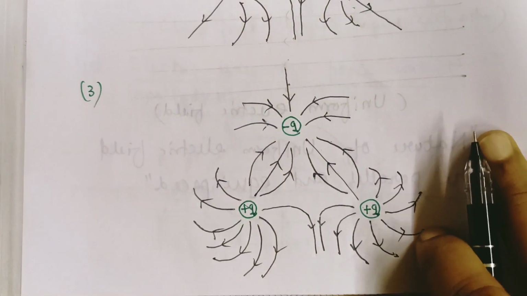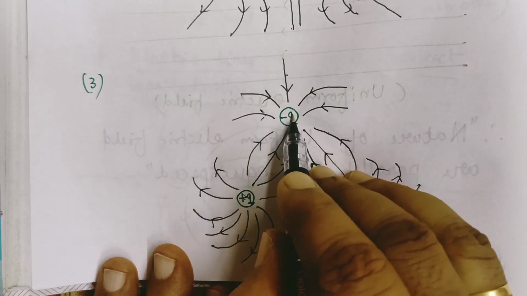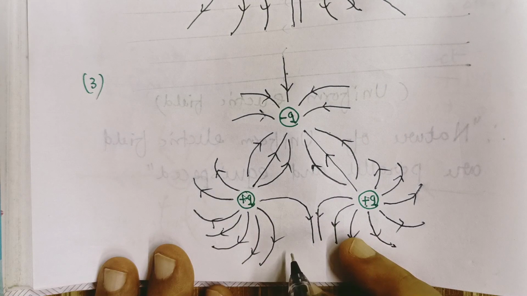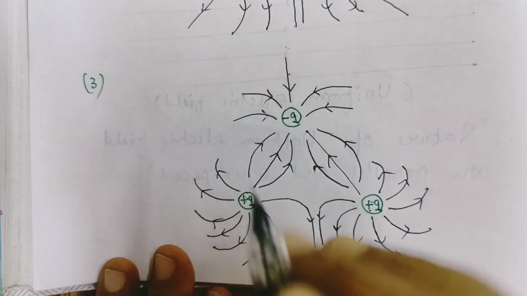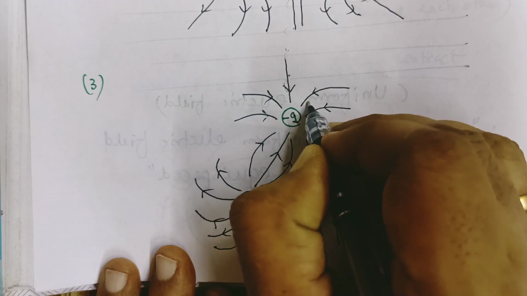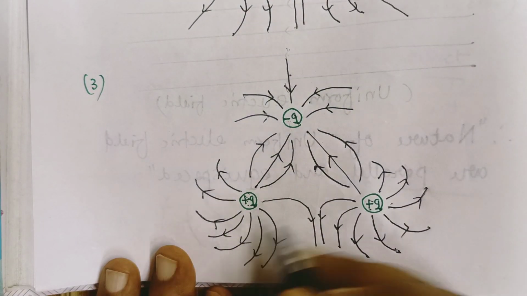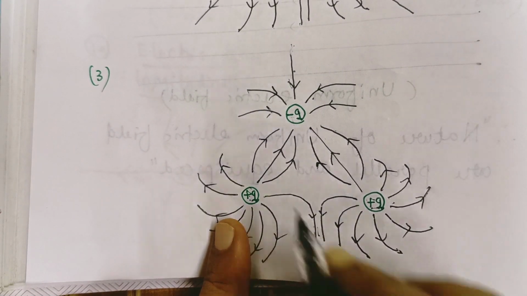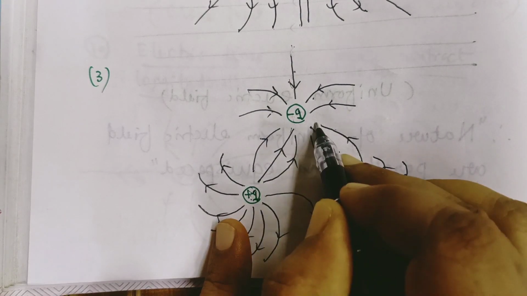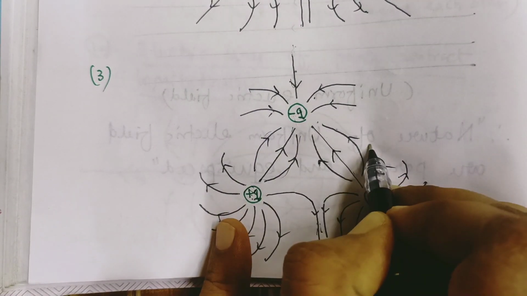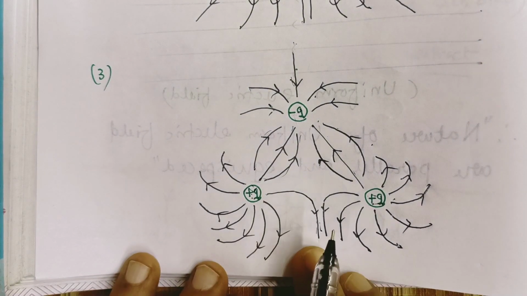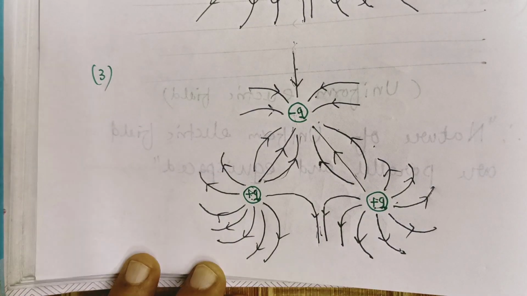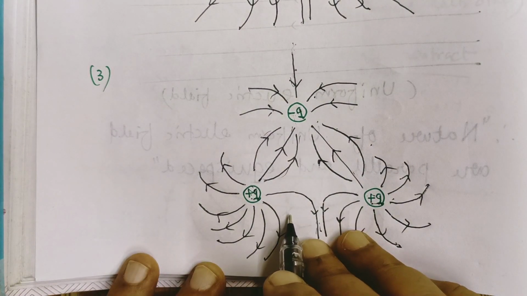But here is another question for you. Here, plus q and minus q are situated at the vertices of an equilateral triangle. How can you draw the diagram? First you see only one straight line is outward here. For a negative charge the arrow mark is inside; for a positive charge it is outside. Here both positive charges repel, so first you draw these lines. Positive and negative means you can join by a straight line. Then contract longitudinally. Then in a symmetric manner you can practice, and if it comes in your exam, draw the electric lines of force of this figure. You take just an idea and you draw the lines.